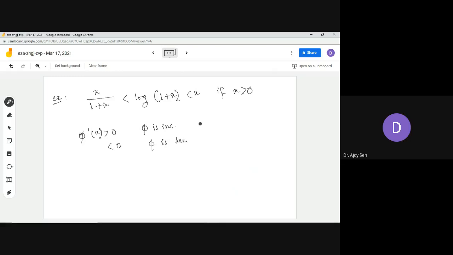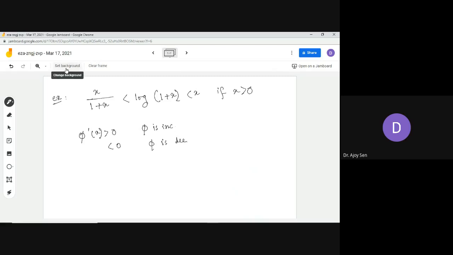So how these rules come, or from where these rules come, I think this is an example of the mean value theorem. They are applications of the mean value theorem. So whenever you do this, you can prove Lagrange's theorem and simplify it. From that Lagrange's theorem, you can get such kind of expression.